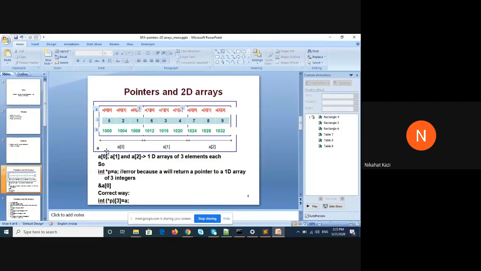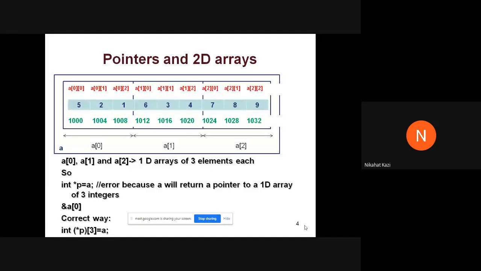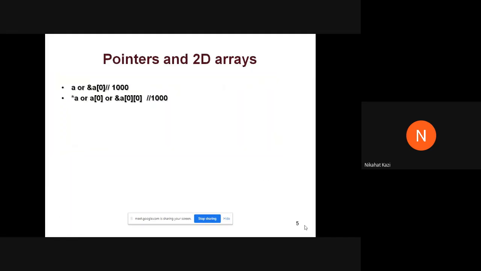But you should know that A has 3 elements which are 1D arrays, and they are called A of 0, A of 1, A of 2. You should know that, so that you can replace again and again. You can just use aliases and you can replace. Okay. Next expression. So star A became A of 0, and then A of 0 became this expression. I hope everyone has got this. So this expression was again 1000.